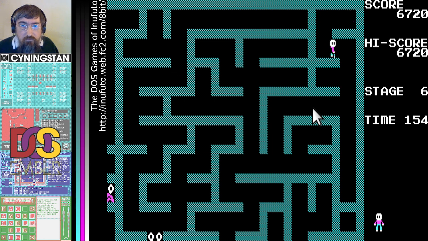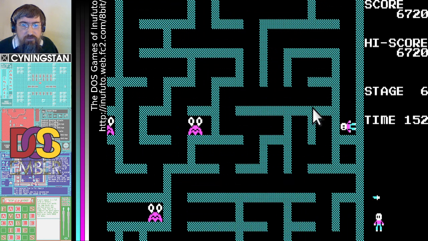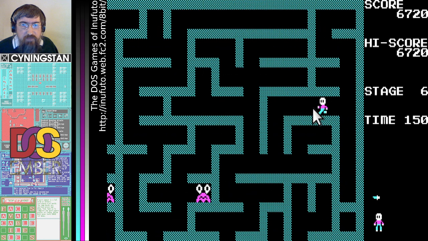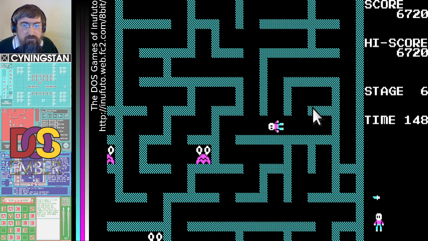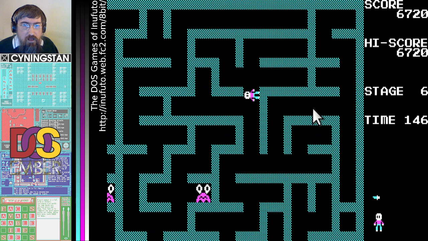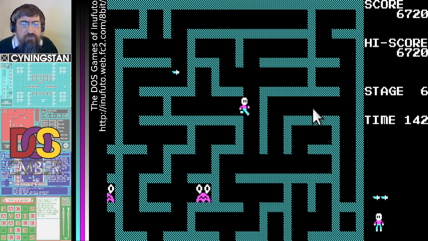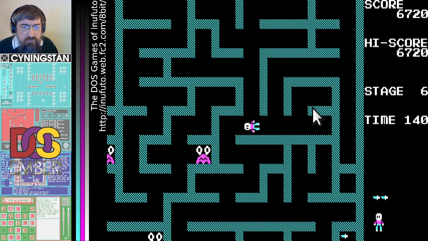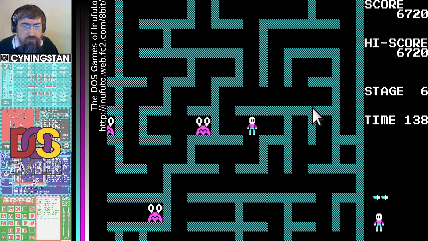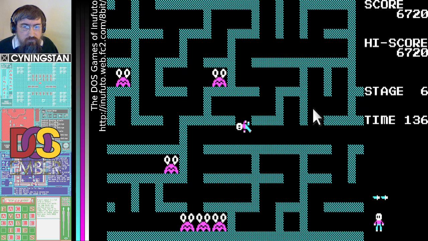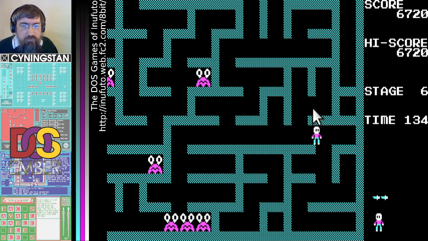Right, let's see. Lots of weapons and no baddies. Oh, there's a baddie. I am wondering if some of these weapons are traps where it's not necessary to go for the weapon, but if you do, you start bringing ghosts towards you.